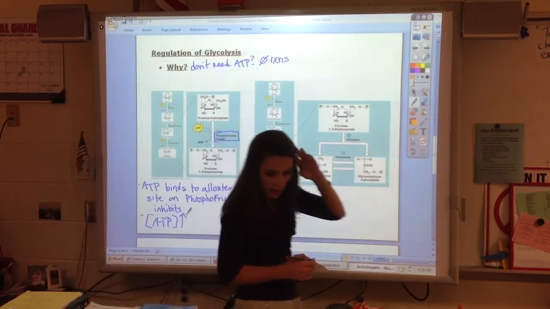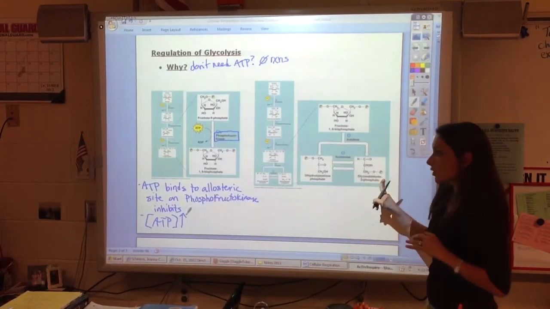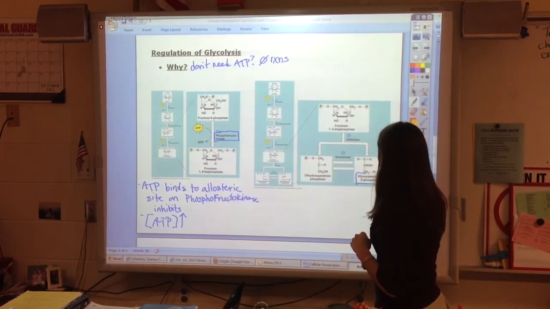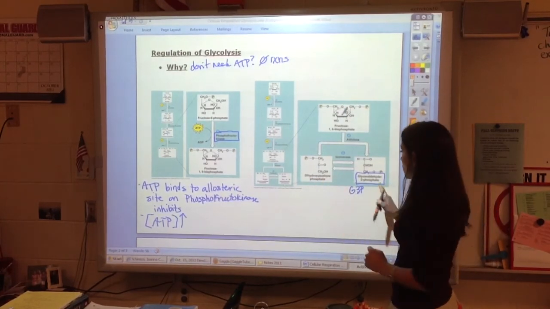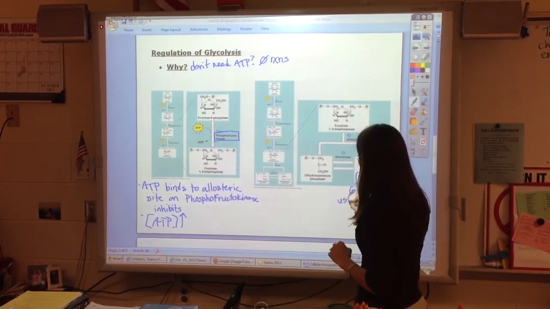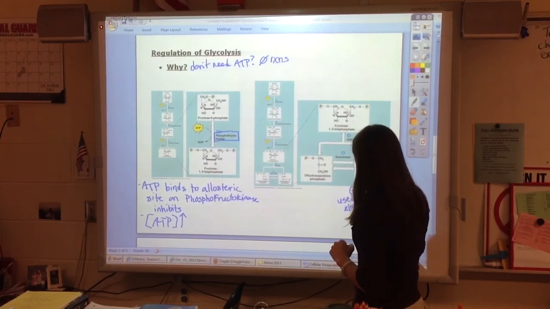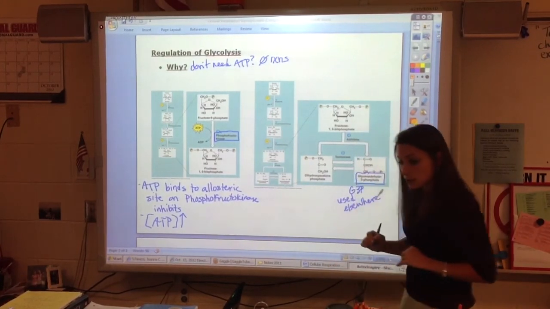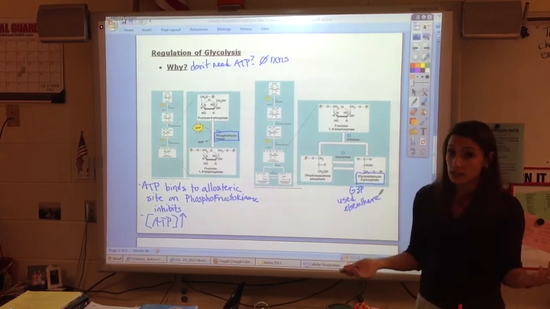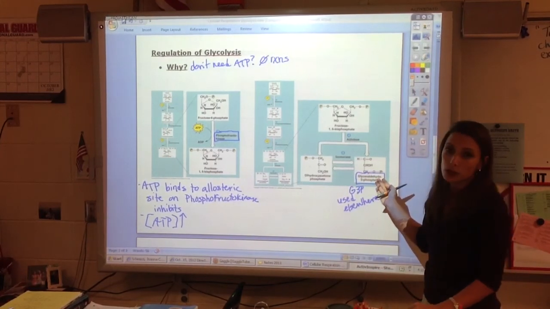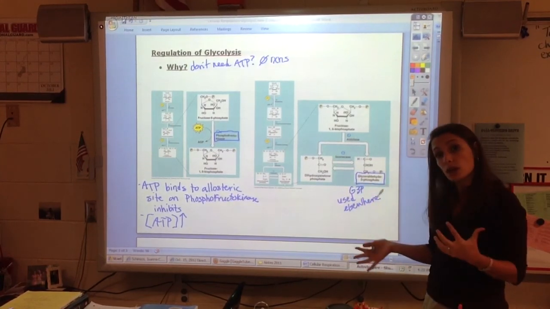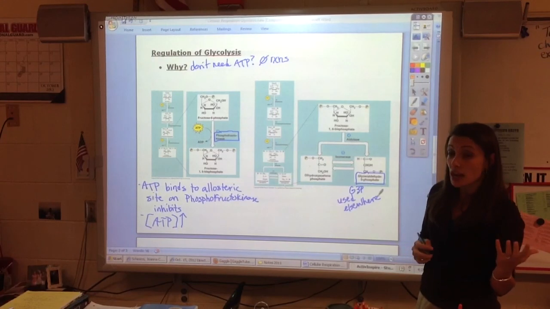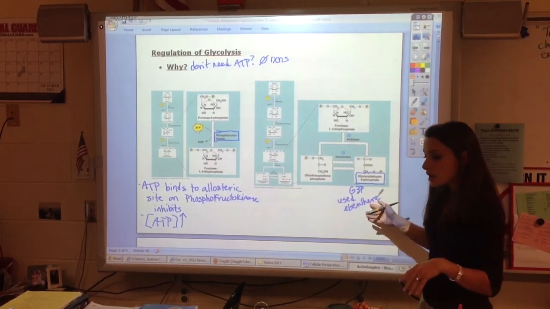The other thing that we'll actually see a little bit of that I want to mention really quickly is this idea of G3P. Right? We saw that the 6-carbon breaks into 2 3-carbons. G3P is actually used elsewhere in the cell. So this is another regulatory step. If I have plenty of ATP, I don't keep using G3P. I actually can use it elsewhere in the cell to build other things like a carbohydrate chain on my cell membrane. So I'm not going to really use